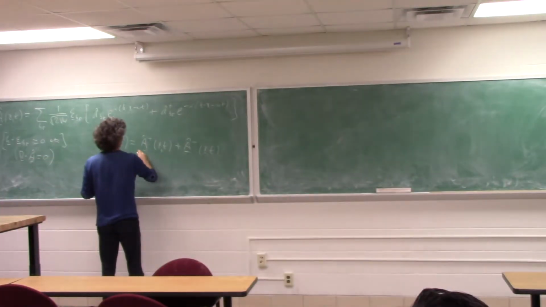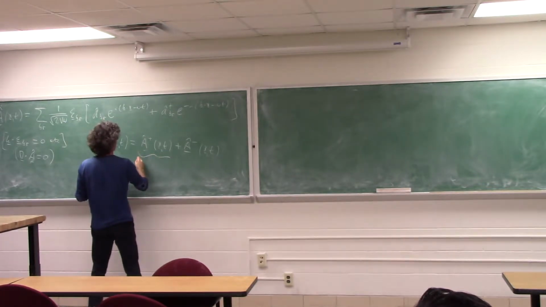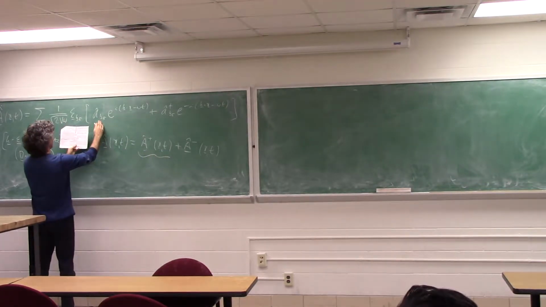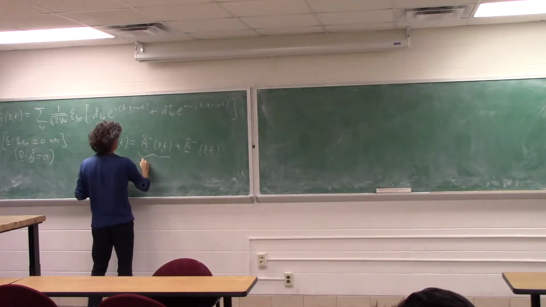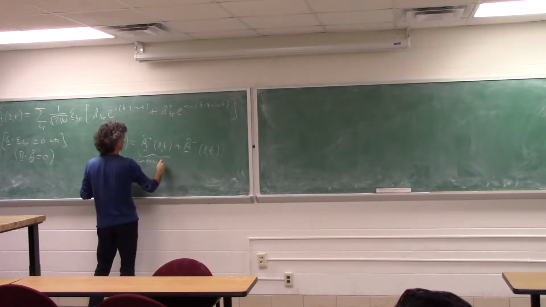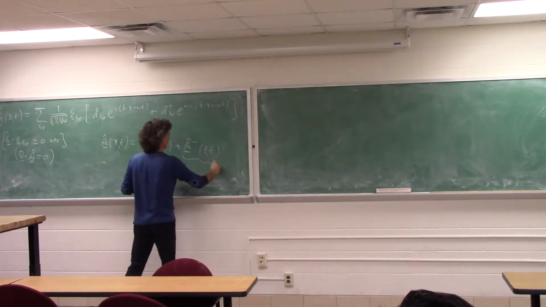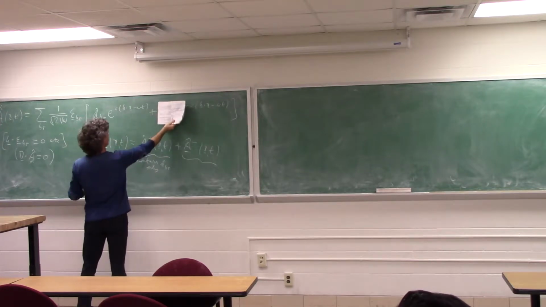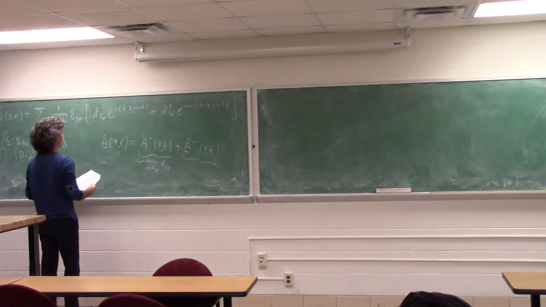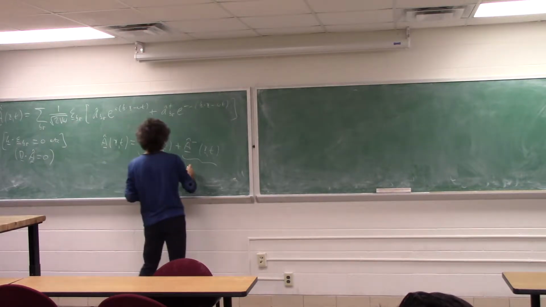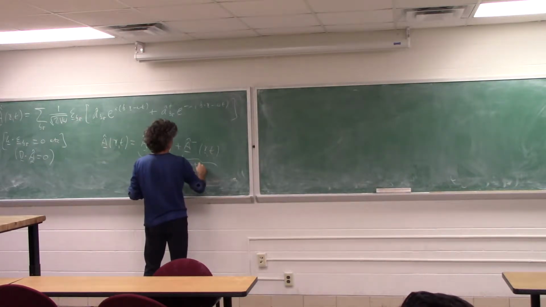So this first part contained only the annihilation operator. If you just take away the second part of the sum, if you just have this part, this is called A plus, and this piece with,